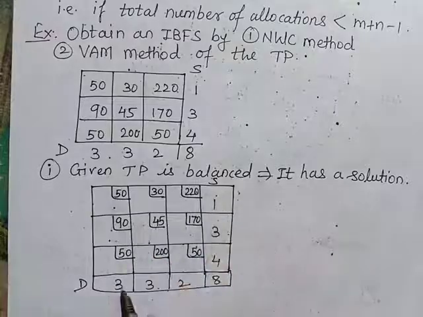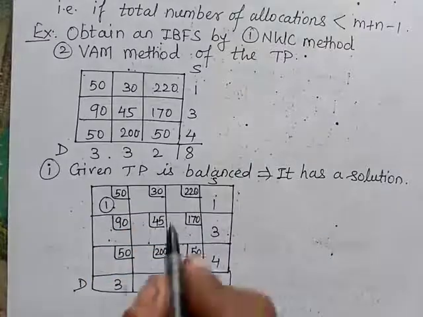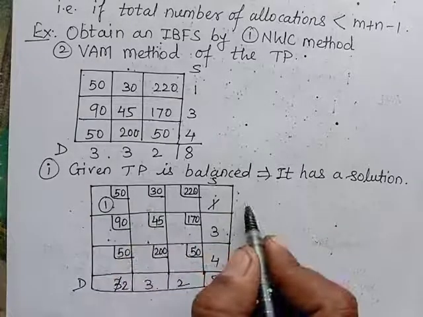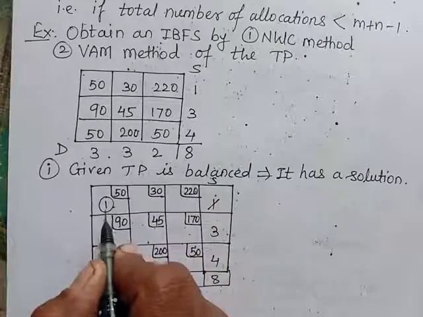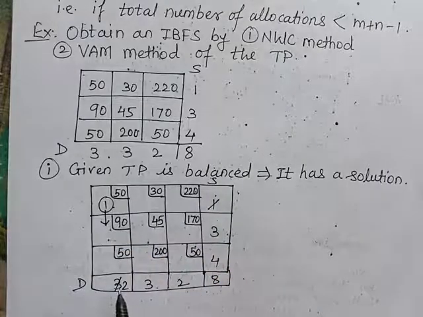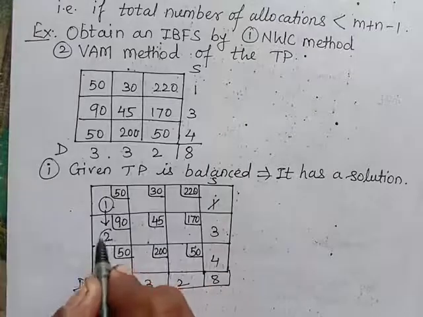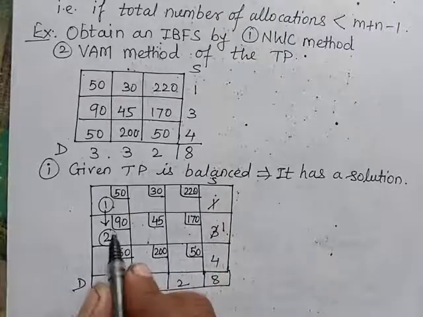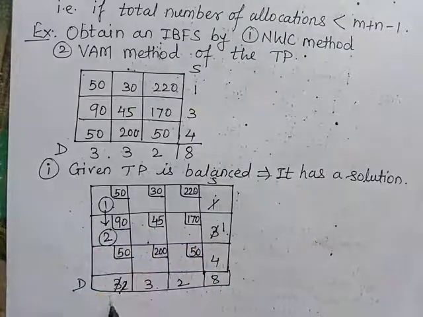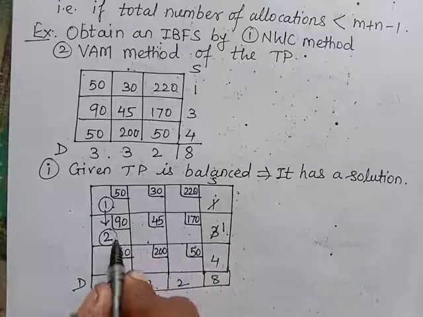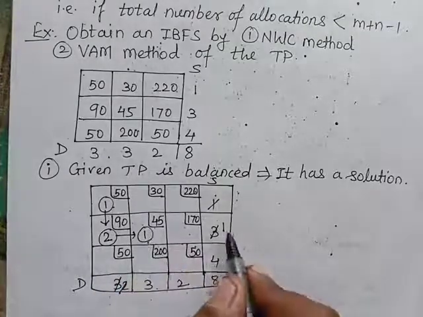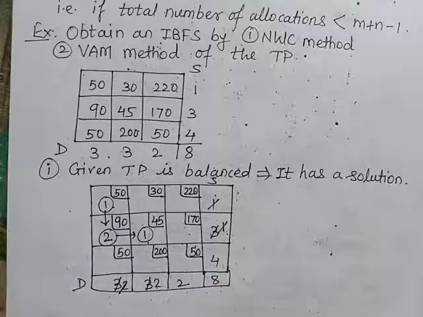Now minimum of 1 and 3 is 1, so here our allocation is 1. So now this 1 gets satisfied. Here how much is left? 2 will be left. So here this row constraint gets satisfied, so our next allocation is here. It will be minimum of this 2 and 3, so it will be how much? 2. So this gets satisfied. Here 1 will be left. Fine. So now this column constraint gets satisfied, so our allocation is here. Now minimum of 1 and 3, so 1, so this gets satisfied. Here again 2 are left.